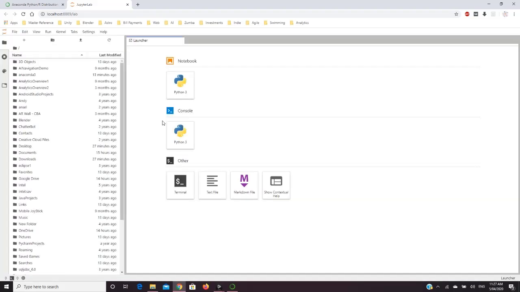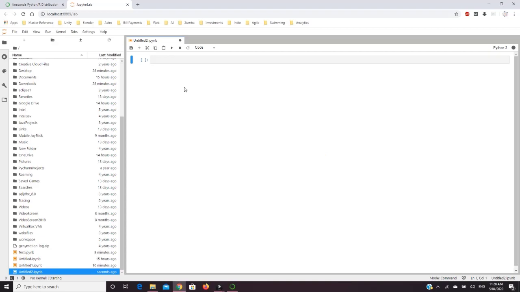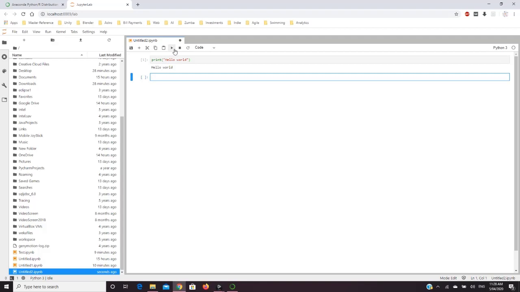Here you can select the version of Python that you want to use. I am using Python 3. And I'm typing a hello world program for you. You can run the code by hitting the play button and you can see the results beneath.